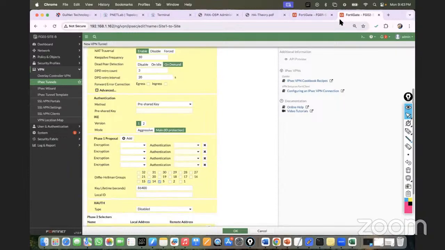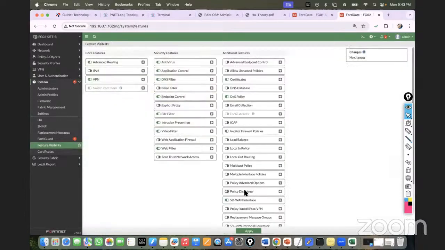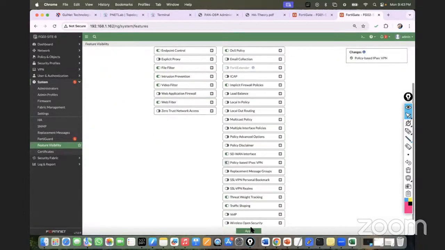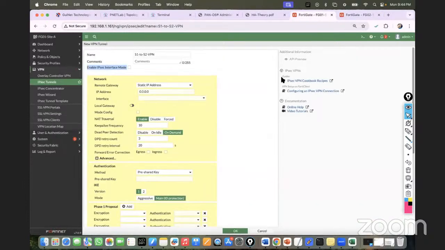So what next? Let me just change this also, feature visibility. Which situation do you use for this particular service, sir? Which condition enable means tick mark for enable IPsec interface mode? In which situation is it used? So if you have the IPsec interface mode,